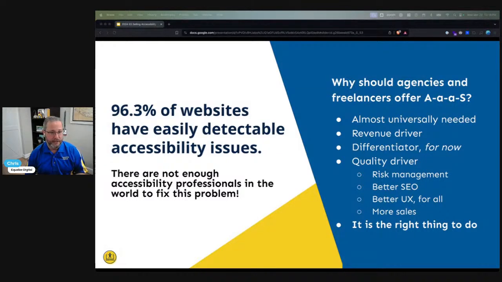First of all, there's risk mitigation. So we'll talk about some stats, but the risk mitigation component is there are a lot of accessibility lawsuits happening. There are a lot of accessibility laws globally, including here in the US and in Canada and in the EU, where you can be legally liable for not having an accessible website. And people can either sue you or they can file complaints with state authorities and get you fined or worse.